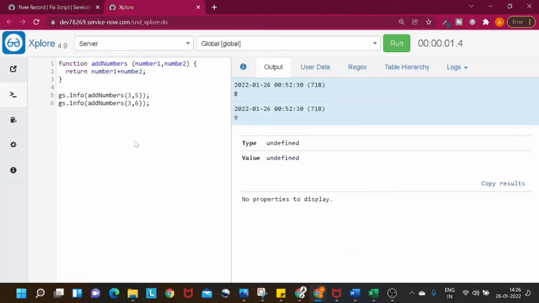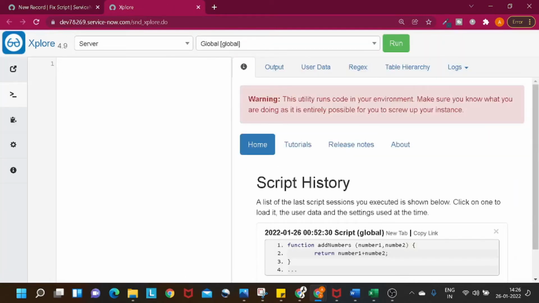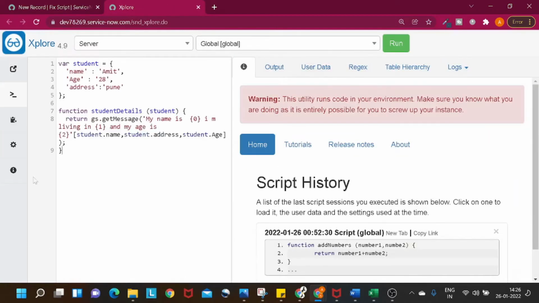So I will go again to the console, remove this, and paste this. And if I print this now, I will do gs.info, and I will give student details, and I will pass the student as an object. We have to pass the object, right? So if I execute it now, it should give me all the details which are part of the string. So if I run it now,